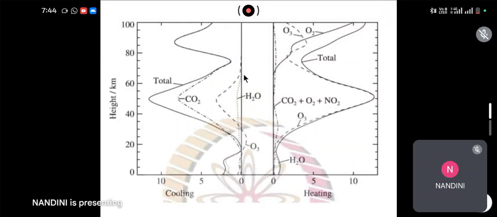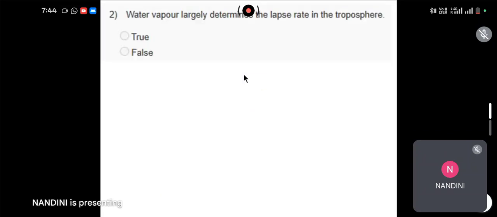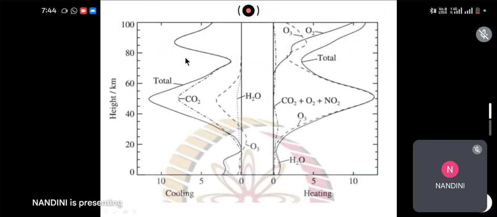So as we know, the atmospheric profile, or the variation of the temperature in the troposphere, is basically determined by the greenhouse gases that are present. And carbon dioxide, as we learned earlier, is a heteroatomic molecule, and it interacts with the outgoing long wave radiation. It absorbs and re-emits the outgoing long wave radiation. So basically, it determines the lapse rate or the temperature profile of the troposphere. So that is true. So the water vapor largely determines the lapse rate in the troposphere. It is true. As we can see, the temperature profile of the heating is mostly due to